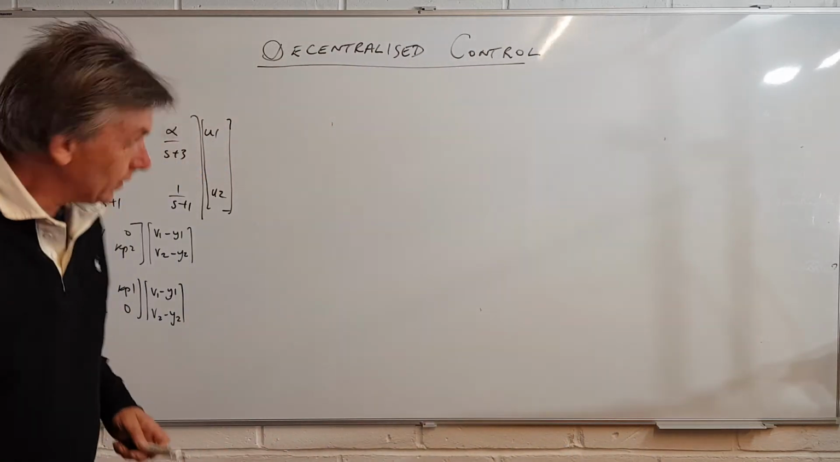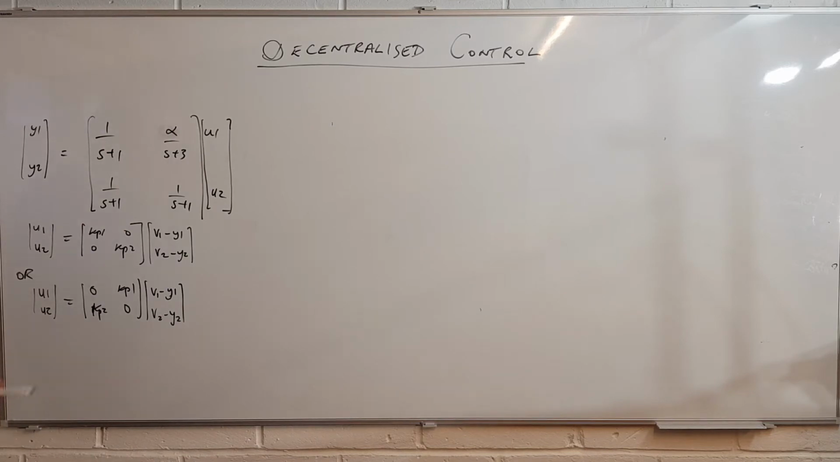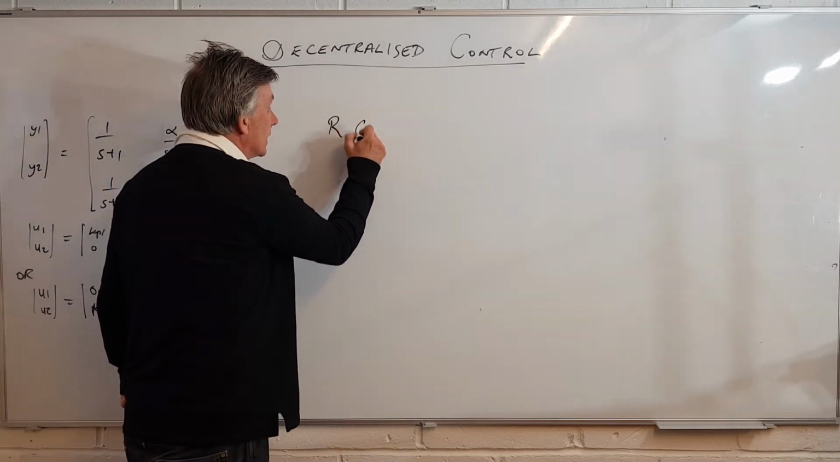Now in decentralized control, coming back to our example here, we want to figure out which of these two controllers is suitable to use as a controller. Sometimes both are suitable and sometimes only one. In order to do this, we can compute something called the relative gain array,